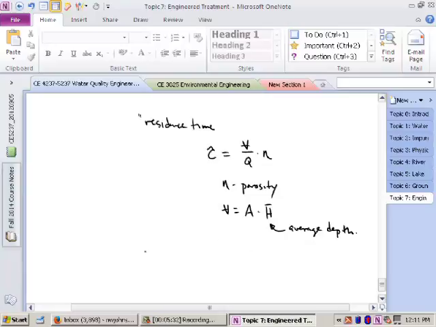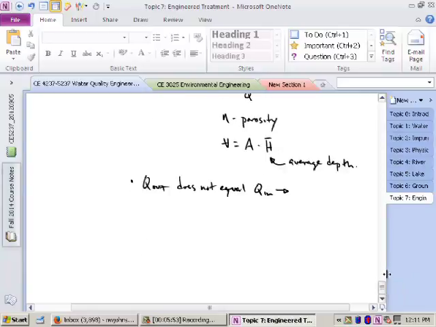One other consideration here is that there can be instances where Q out does not equal Q in. When might that occur? You remember for wetlands what we talked about? What's that? Yeah. If there's some significant amount of evaporation, if there's some significant groundwater flow that comes in and dilutes it, or runoff from the adjacent land area, if Q out does not equal Q in, we can define